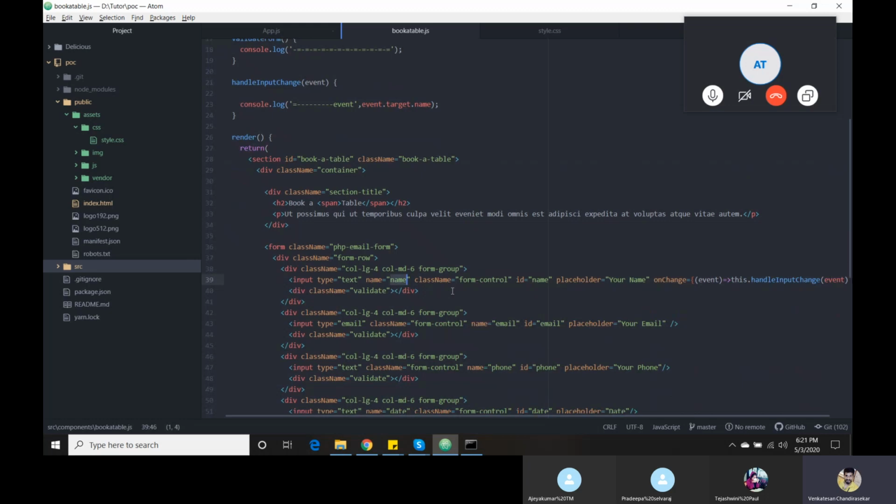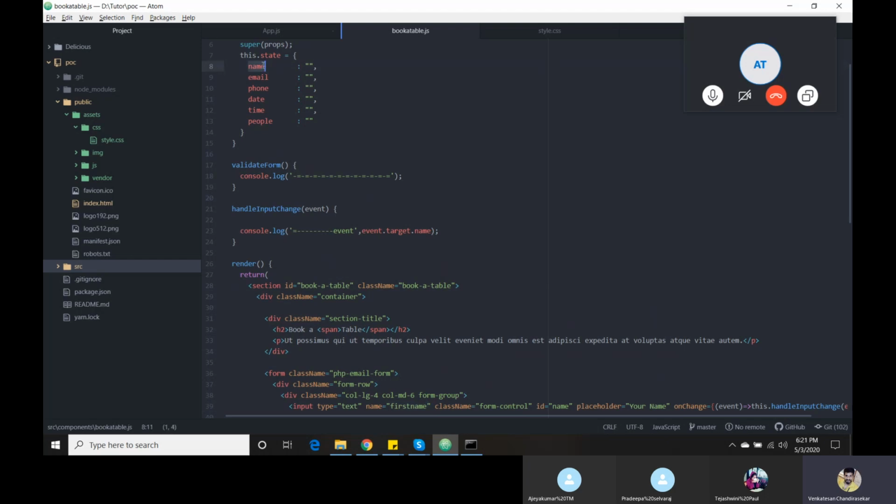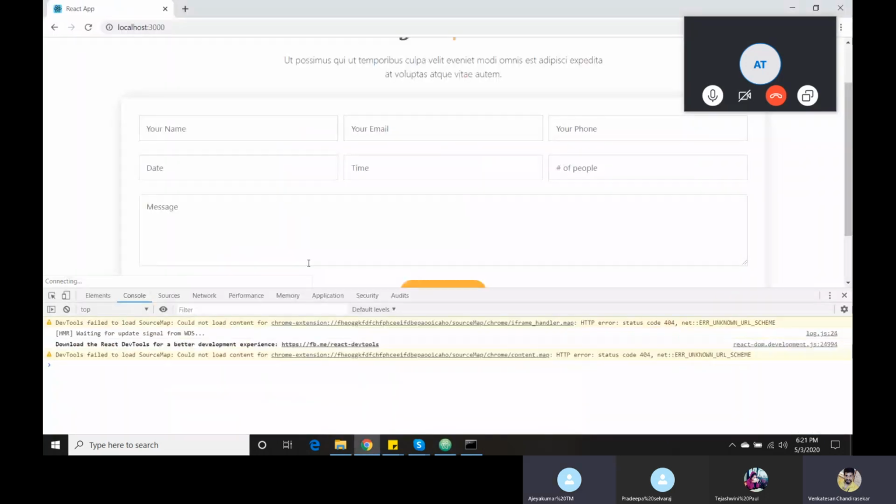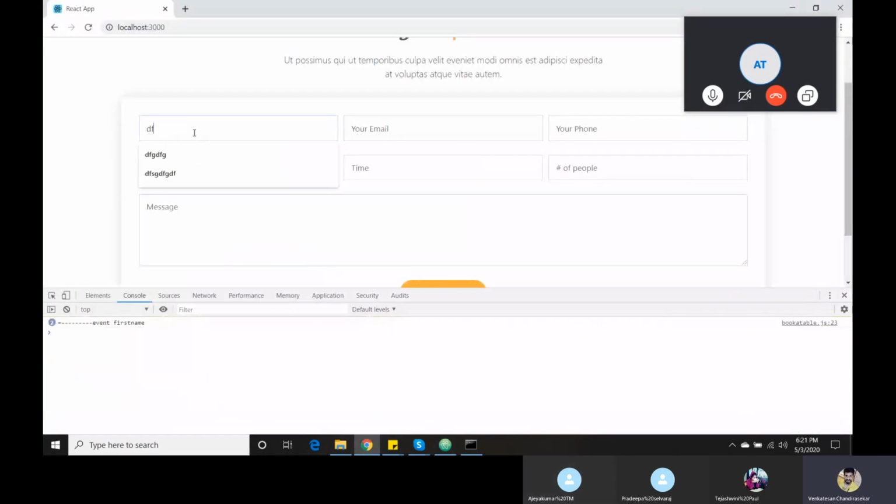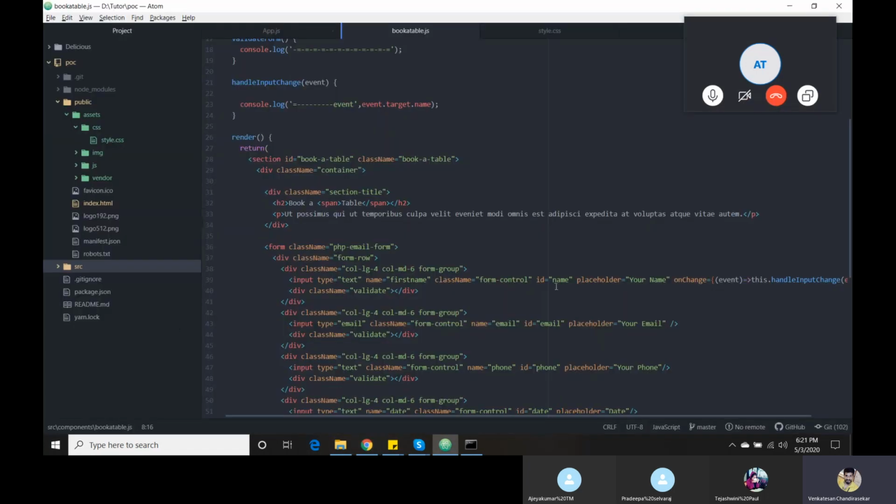For your understanding, I am changing the first name. Here also I am changing the value of first name, that's why it shows you are changing the value in name of first name.